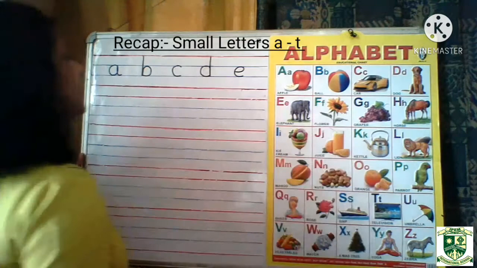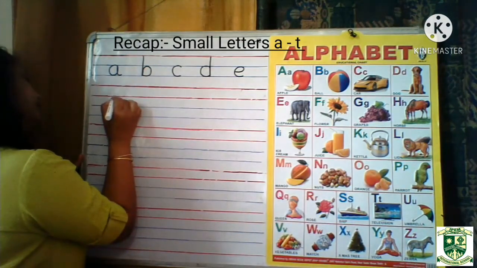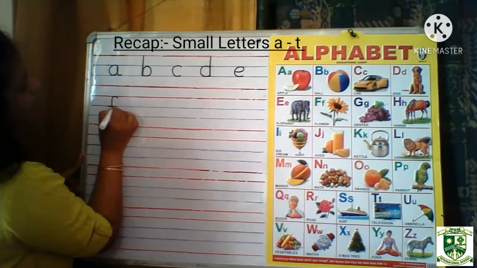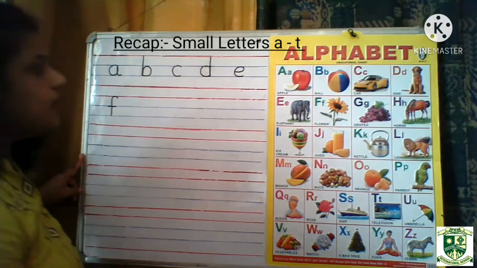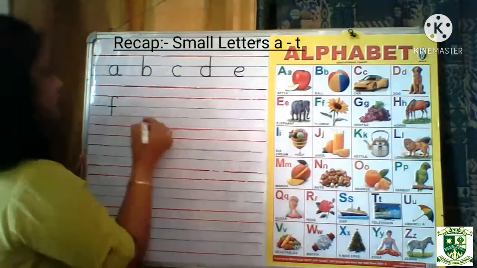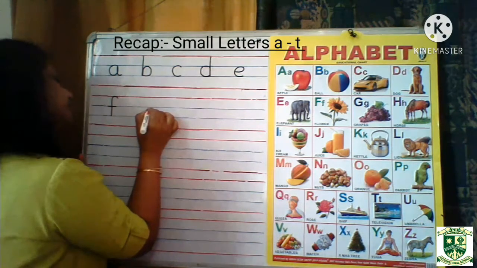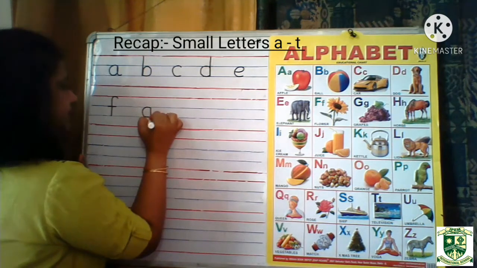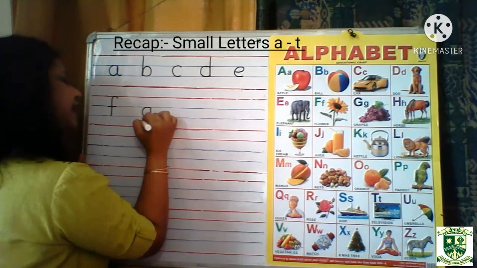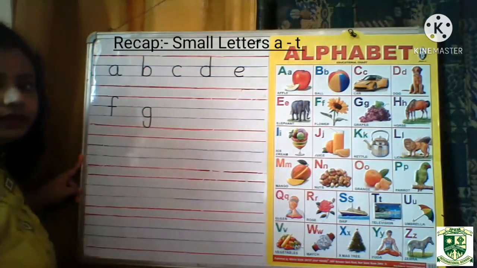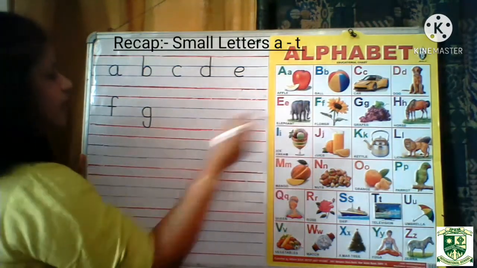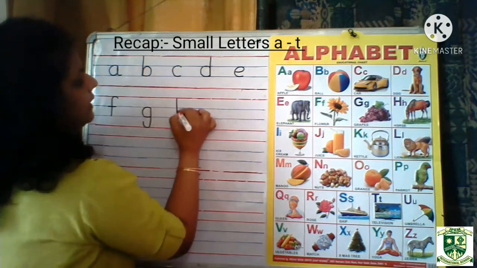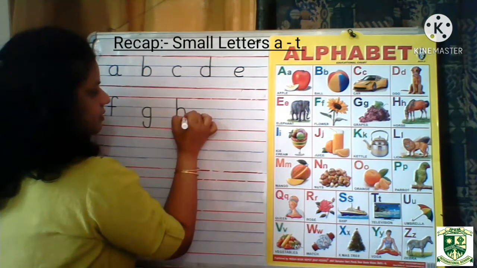Now how will we write small f? Again quickly make a curve and a standing line, and then on the first blue line you have to make one small sleeping line. Then we'll write g. What comes after f? g. Make a left curve, then a standing line going towards the second red line, and a little bit up you can turn it. What comes after g? Very good, comes h, a standing line and then a right curve.